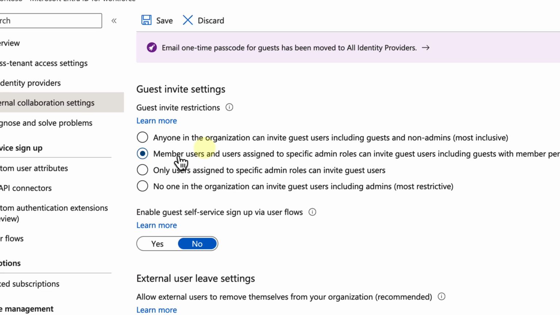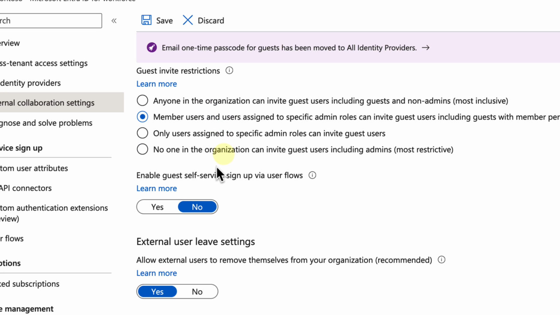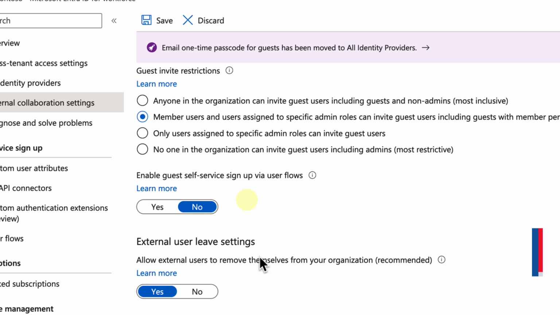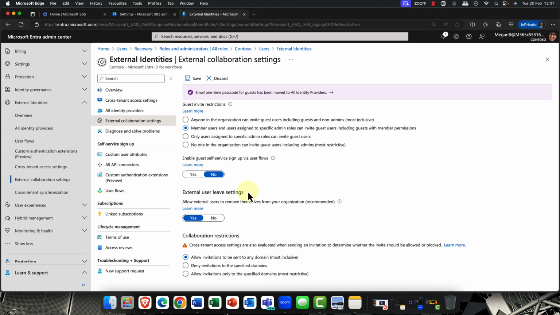So again, you'll definitely want to take a look at this, especially self-service flows, if you're using business to consumer, and if you're developing your own internal apps and so on. Also, one important thing is when a user joins an organization, by default, they have the option to go into their organization settings in their profile and they can leave the organization. But again, you can control that if you will. So as I said, external identities, super important that you lock these security settings down.